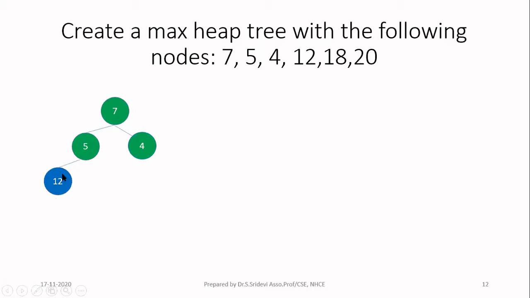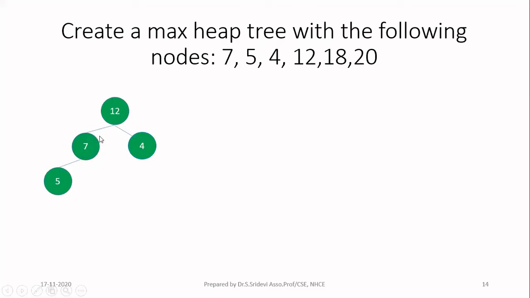So it is inserted. Then the property of the binary tree is satisfied. Complete binary tree is satisfied. Check the heap property now. 12, I have to compare with its parent 5. So 12 is greater than the parent. It is not allowed. So you swap the values of 12 and 5. So I am swapping 12 and 5. Once you swap the values of 12 and 5, this may disturb the part of the binary tree which is above this 12. So you check this 12 with its parent again. So 12 is now greater than its parent. It is again not allowed. So swap 7 and 12. So now I have swapped.